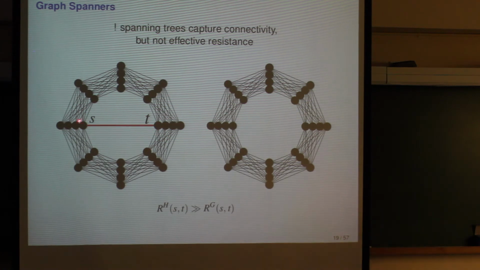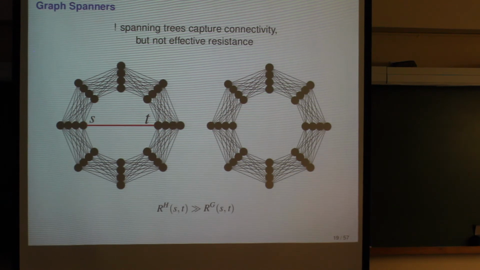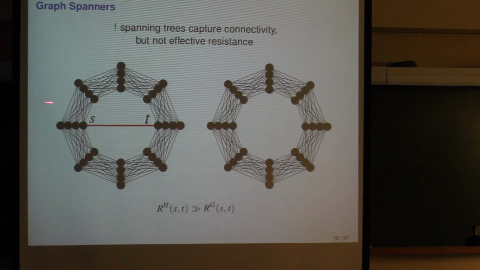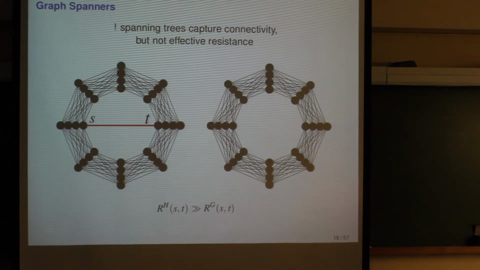And so what you see here is that this is a nice example where S and T are connected in both graphs, but in this graph, their effective resistance would be very small, whereas in this graph, it would be very large. And since sparsifiers also have to preserve effective resistance of the graph, any sparsifier should also contain this edge. You can basically prove that. And now what you can notice is that a spanning tree should not contain this edge. A spanning tree is not destined to identify this edge. Namely, a spanning tree can just always go around the graph. So you might lose that edge if you use spanning trees.